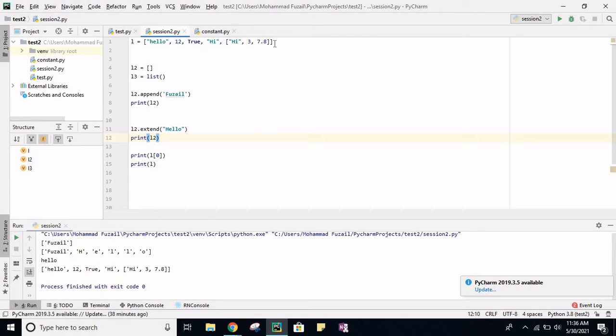So any type of data a list can store, even a list as well. A list can contain a list as an element, a tuple as an element, a set as an element. So any type of data we can store in a list.